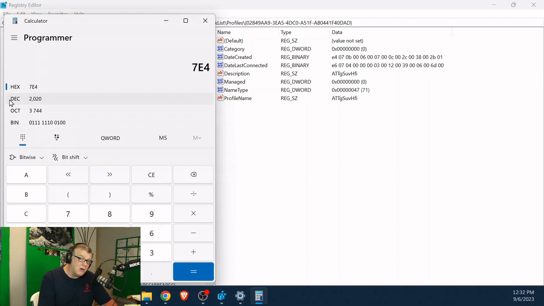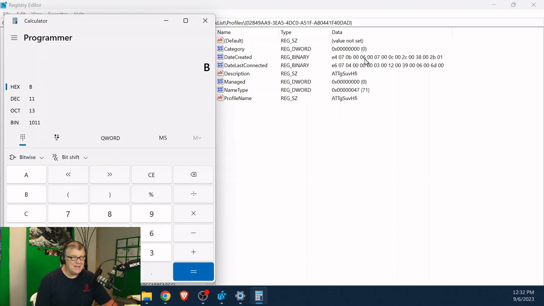That's the year that I made first connection to this particular network. The next value over is the month. And let me clear this. And if I just say B, that's the 11th month. So November 2020. And guess what this is over here?